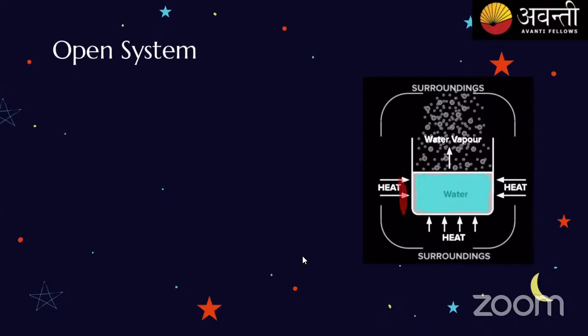Initially, the water will be absorbing the heat, right? After absorbing the heat, what happens? The kinetic energy will increase, and the intermolecular attractions between the water molecules decrease. And afterwards, what happens? The water molecules will break away and go into vapor form, from liquid form to gaseous form, whenever it reaches the boiling point.